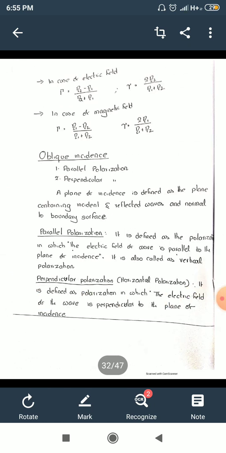As I told you, when the wave is incident on a boundary, we have to take two conditions: one is normal incidence and the other is oblique incidence. For normal incidence, again we have to take two cases: between two dielectric mediums, and between a conducting medium and a dielectric medium. So in total 4 cases we have to study. Of these, we have studied up to 2 cases. What are those? Normal incidence between two dielectrics and